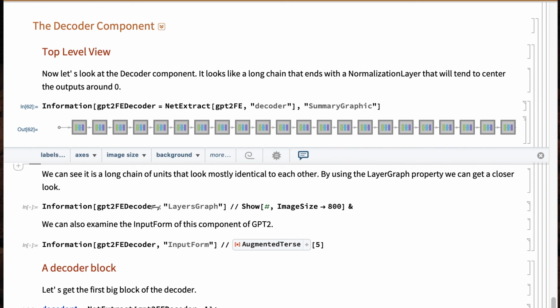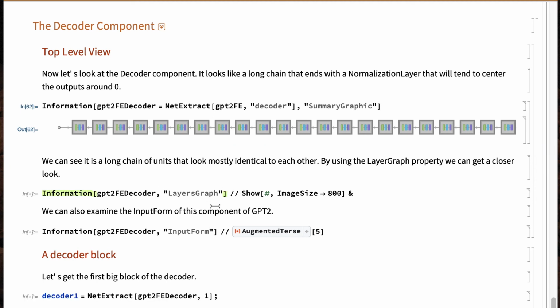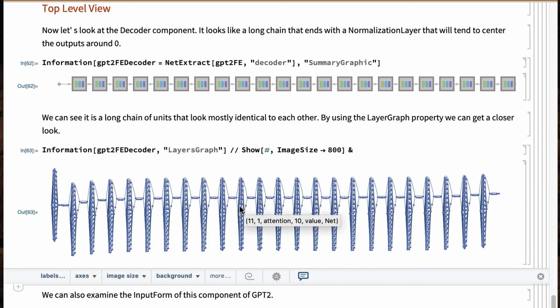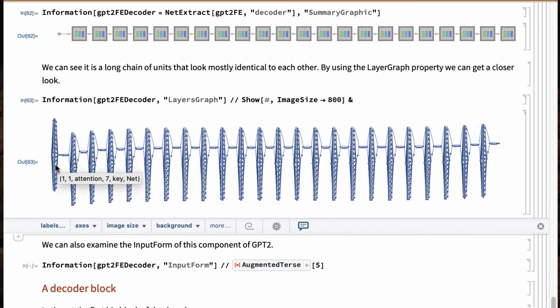I'm not sure I've shown you the layers graph feature yet, but it's going to turn it literally into a graph on which you can then use Wolfram Language graph functionality. And it's a beast. All right, so this is a picture of the flow of data through this network. Remember I told you how these transformers are stacked multi-head attention pieces? That's what we're looking at. Here's one stack, here's a second stack, third stack, fourth stack,